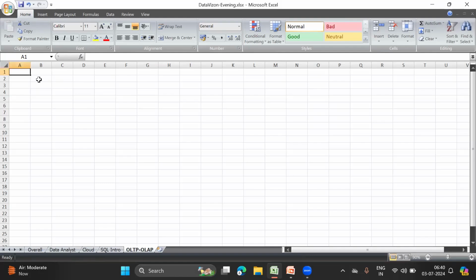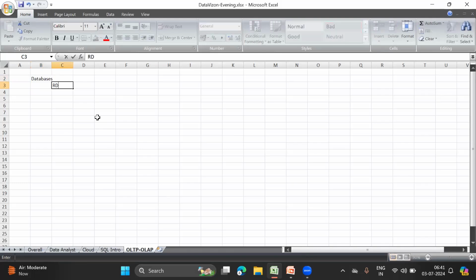Yesterday we understood what databases are and what they do, right? Now we have a lot of different types of databases out there in the market, and based on what we want to store and what we want to do with that stored data, we have to decide which type of database we want to use. So if we talk about databases, there are different types out there in the market.